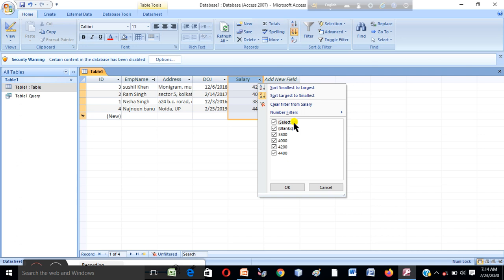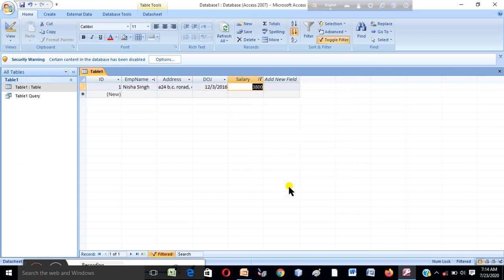I click here, then all are omitted, and I select just one of them, that is 3800. When I select this option and click OK, look what happened. Only one record is there.